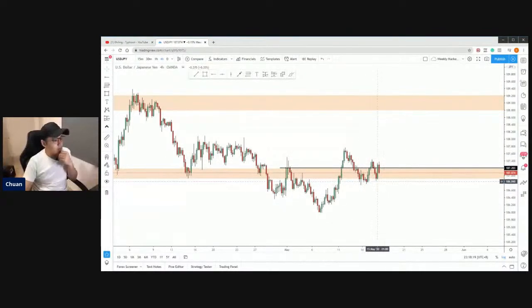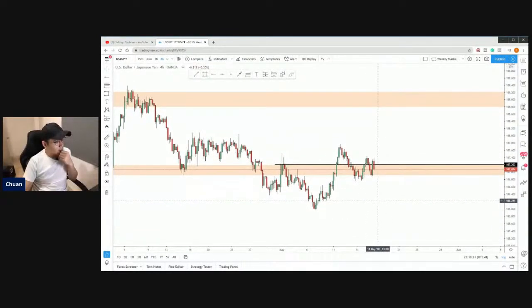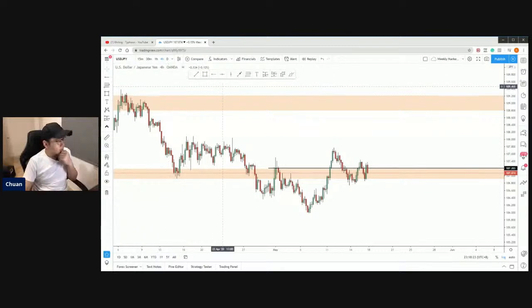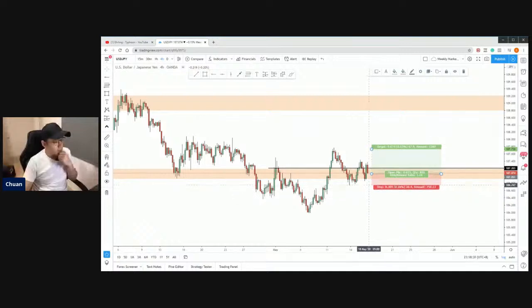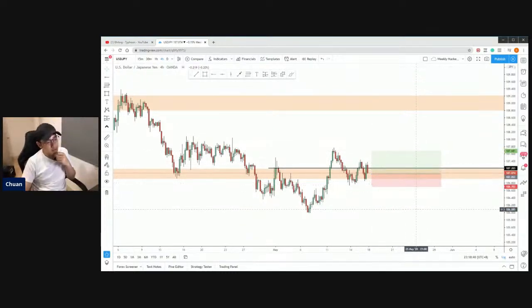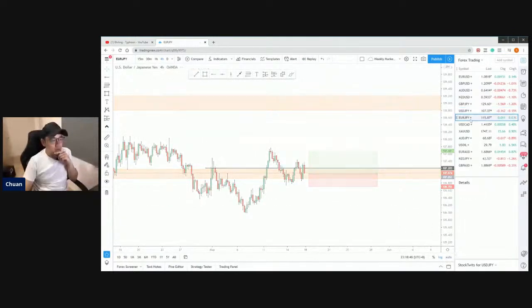An entry setup for us to enter based on our swing point setup. Okay, we can go for a buy trade with a very strict stop loss here, about 35 pips, and we can just target about here, we have a 1 to 1.8 ratio. Okay, so for this UJ, if you want to go for a buy trade, okay, let us go to the,